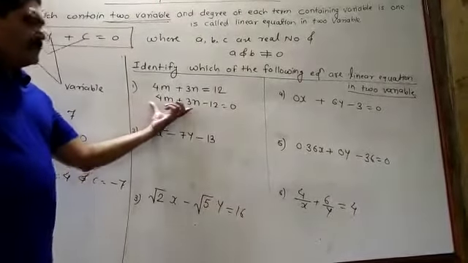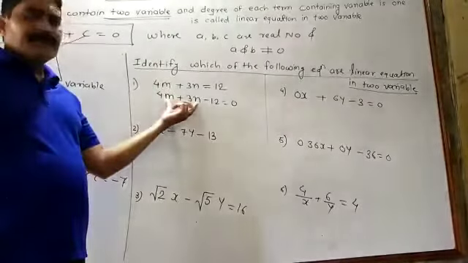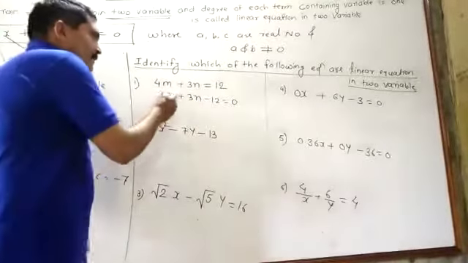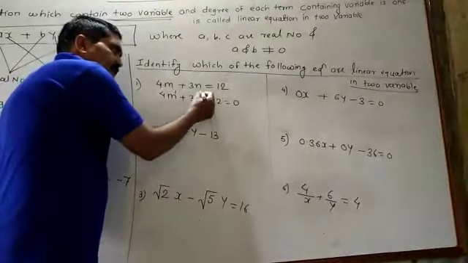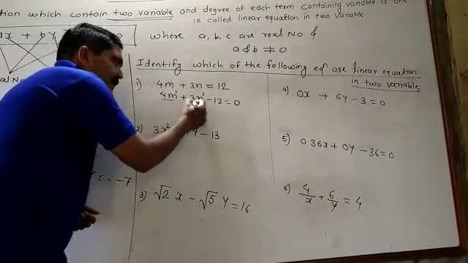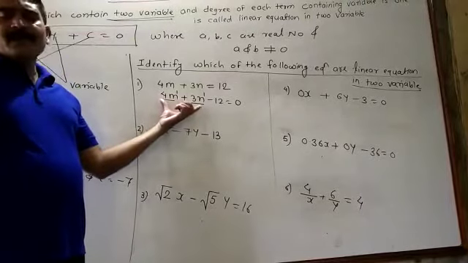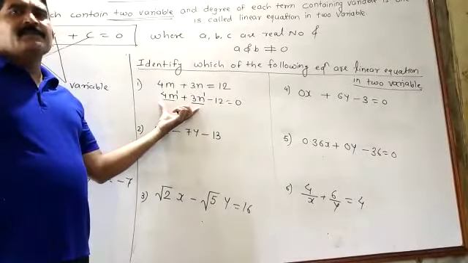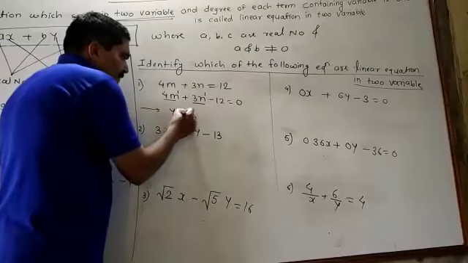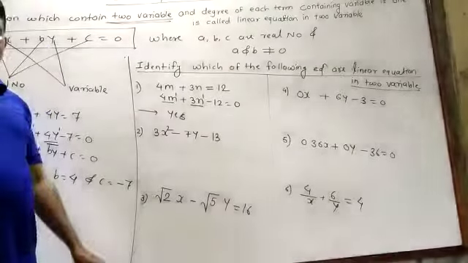And you have to compare this with the standard form of the linear equation. First of all you have to concentrate on the variable term, and you have to check whether the degree of the variable term is 1 or not. Here the index of this m is 1, index of this n is 1, and these both terms are the variable terms, and the degree of these terms is 1. And from that, if we compare with the standard form of the linear equation, at that time we will say that this is the linear equation in two variables. So I will say that yes, the above equation is the linear equation in two variables. Everybody understand?